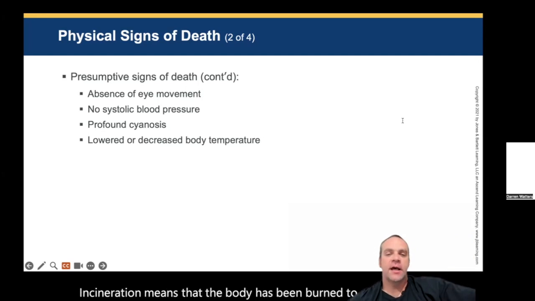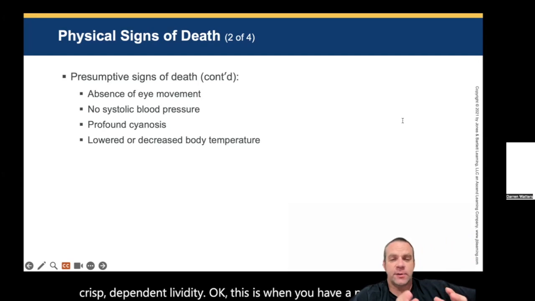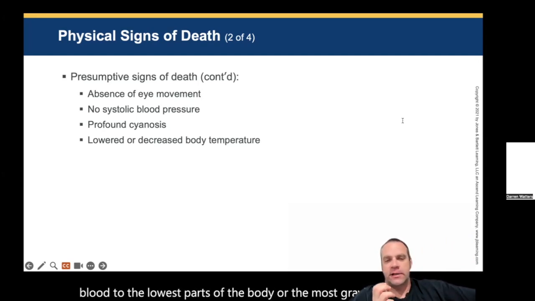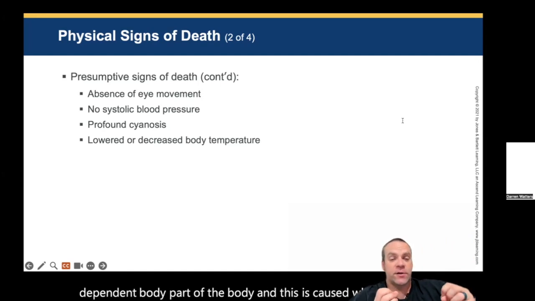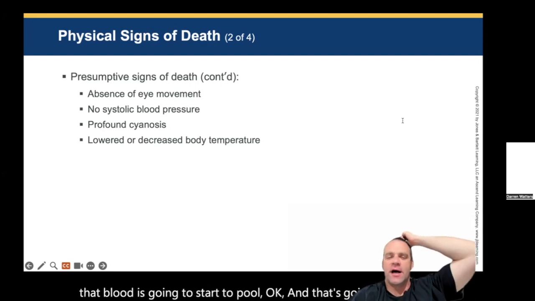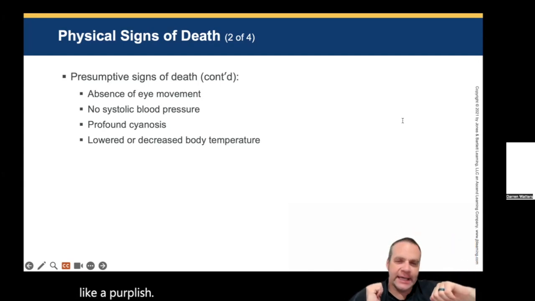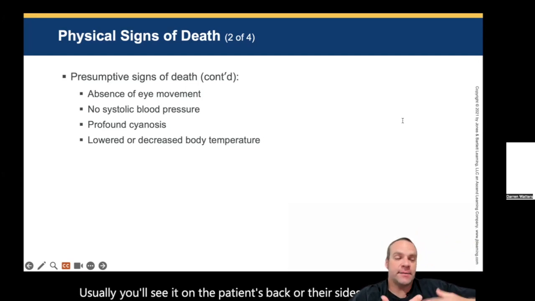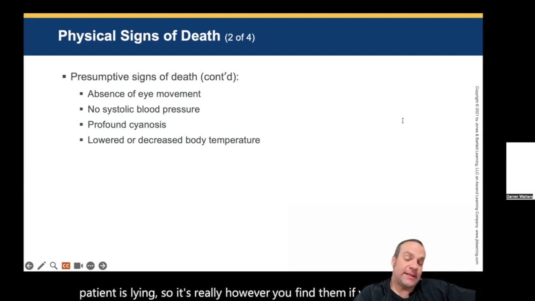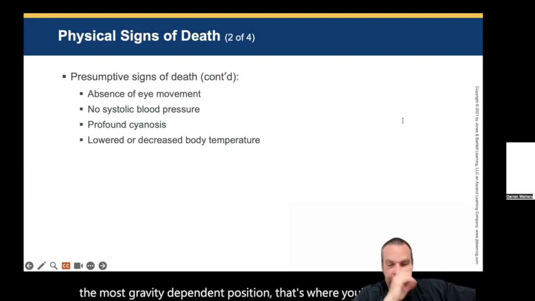Dependent lividity, okay? This is when you have a pooling of the blood to the lowest parts of the body, or the most gravity dependent part of the body. This is caused when a person dies, all the blood vessels dilate and that blood is going to start to pool, and that's going to create a purplish discoloration. Usually you'll see it on the patient's back or their sides when a patient is lying. So it's really however you find them. If you look at the most gravity dependent position, that's where you're going to first see that purple coloring. Another one is